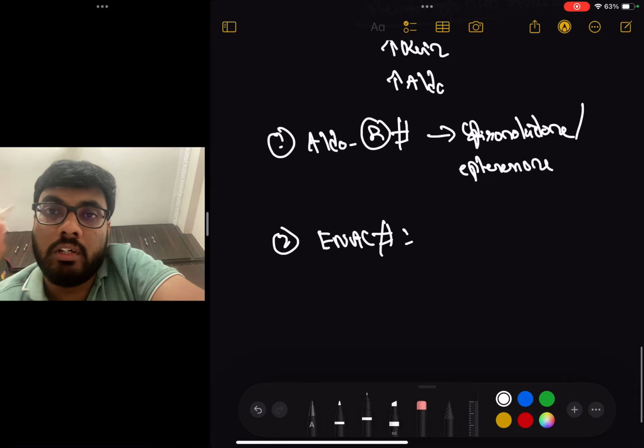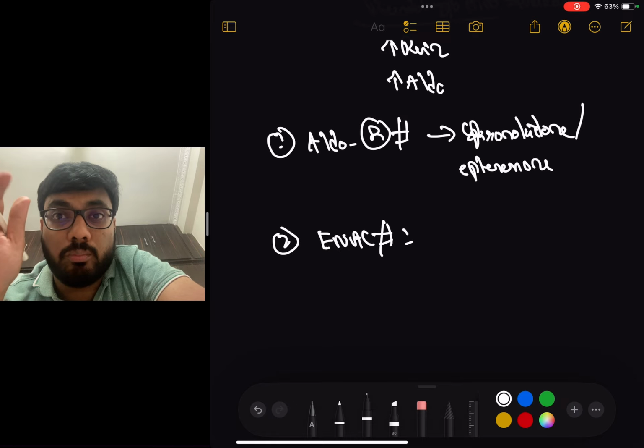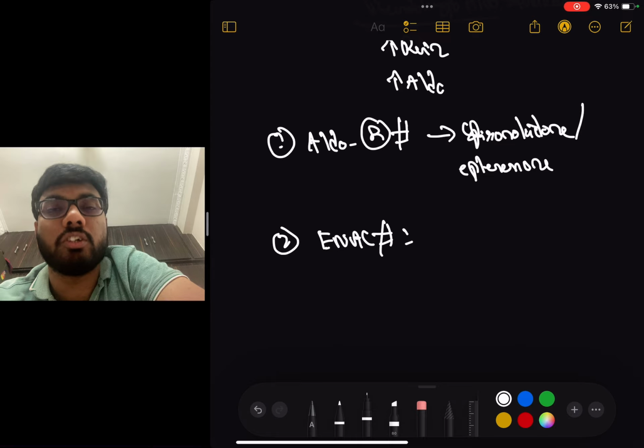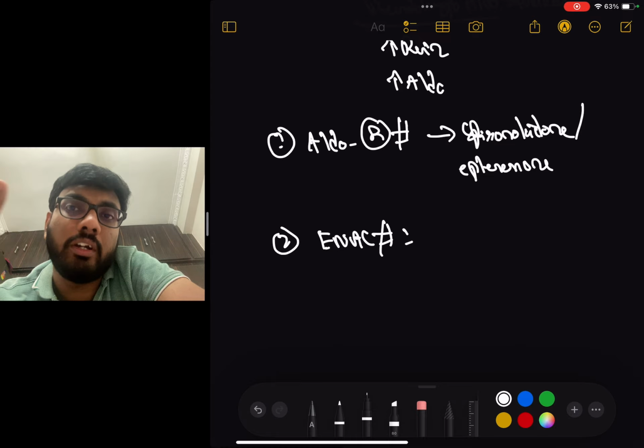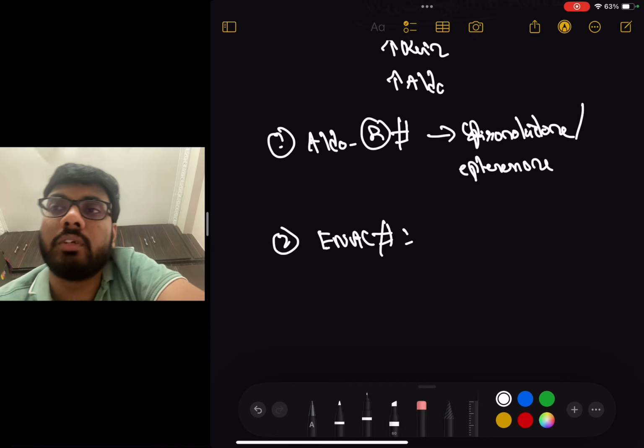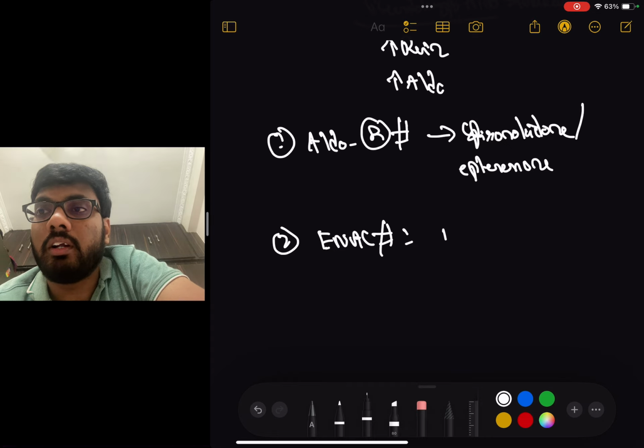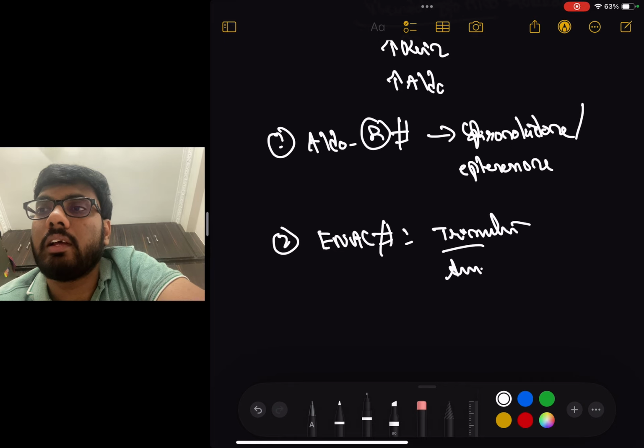blockers, because aldosterone acts on the aldosterone receptor and stimulates the ENaC. Once the ENaC is stimulated, there is entry of sodium, then only there is excretion of potassium. If ENaC is blocked, there is no entry of sodium, there is no excretion of potassium. Examples of ENaC blockers are triamterene and amiloride, including pentamidine